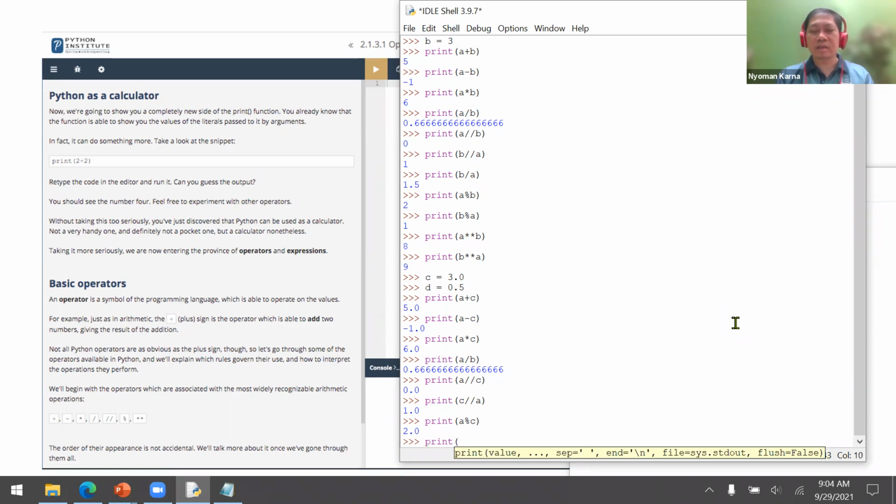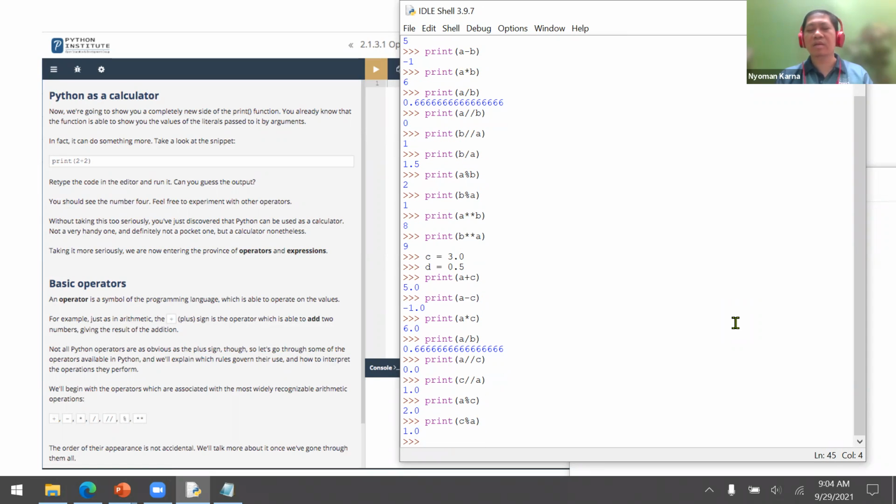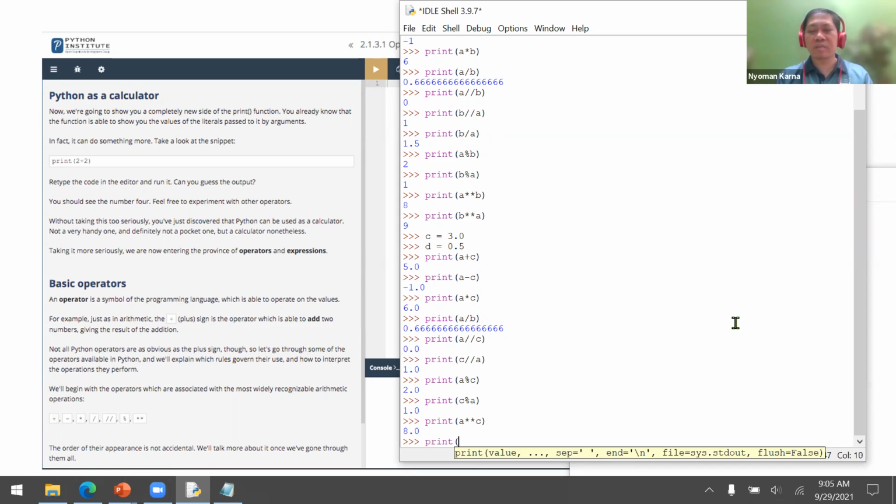How about C modulo A? Also, it is in the float type number. How about the exponential? A double asterisk C. It will give 8.0. Now, how about if I use this type?